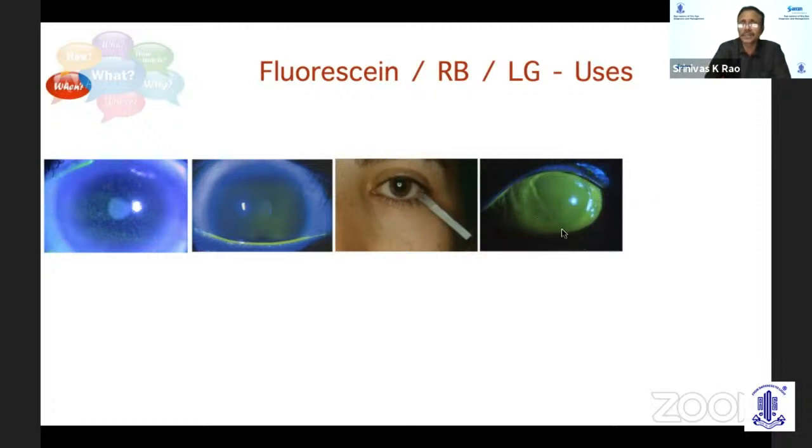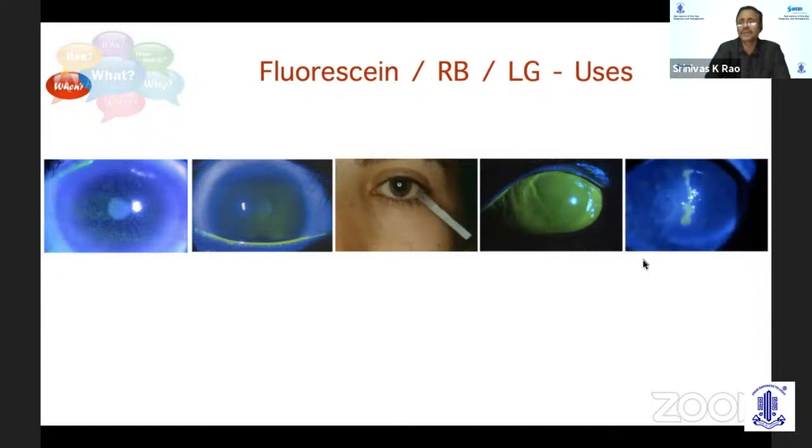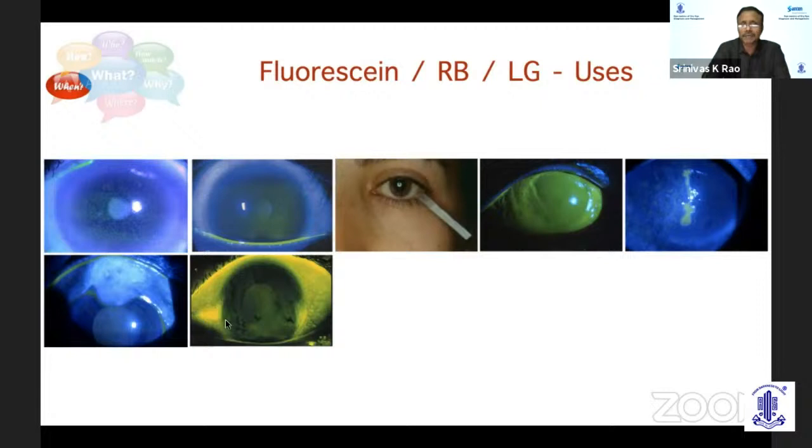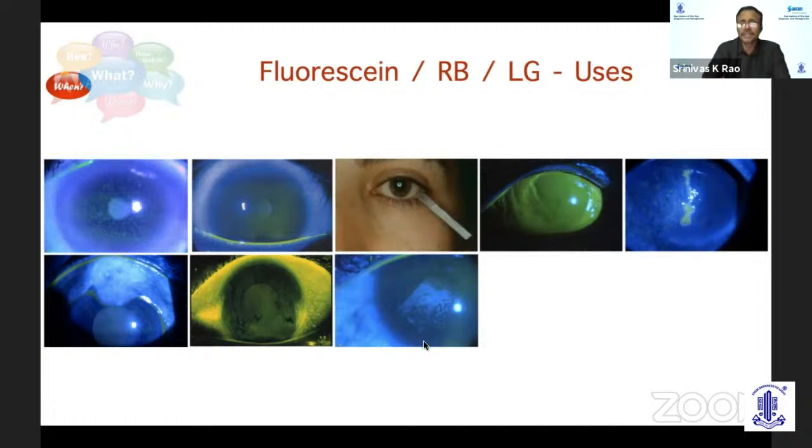So you can look at the limbal stem cell damage, and you can use it on the corneal surface to look at the various infections that we see. We can also use it to look at leaks, either from blebs or from corneal injuries. From assessing the effect of contact lens use on the cornea, you can see the 3 and 9 o'clock staining here. And in LASIK, if you see an epithelial ingrowth and when you stain the surface, if you see